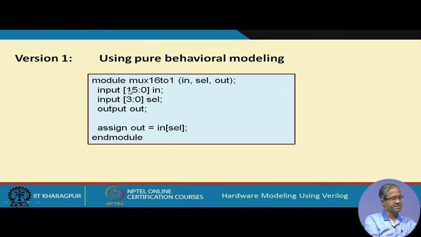So, in is 16 bits, select lines is 4 bits and out is a single bit output. So, you can specify the behavior of the multiplexer using a single statement, out equal to in within square brackets sel. You see here, as if we are accessing one element of an array,